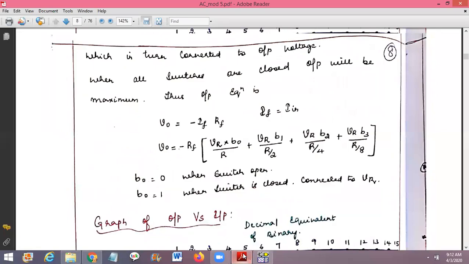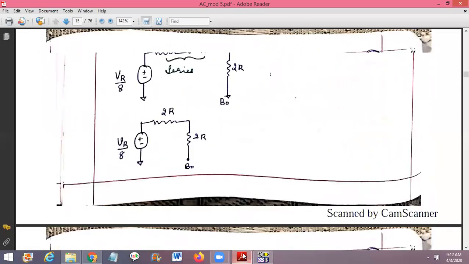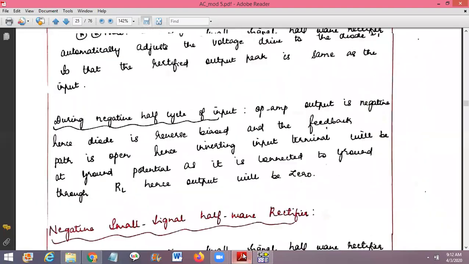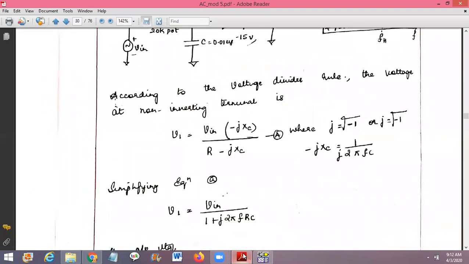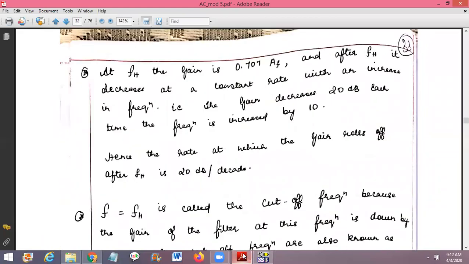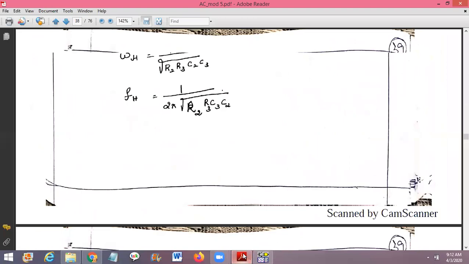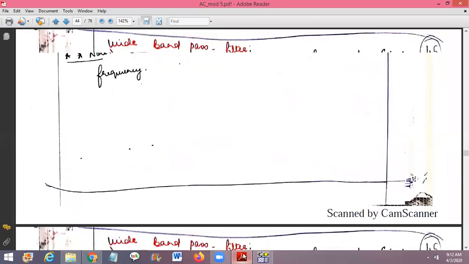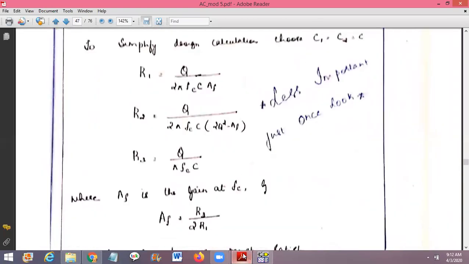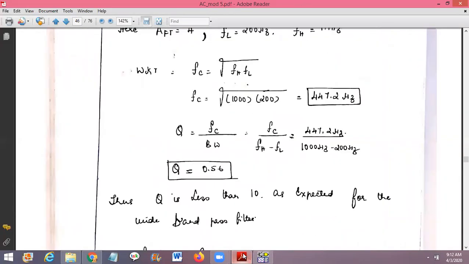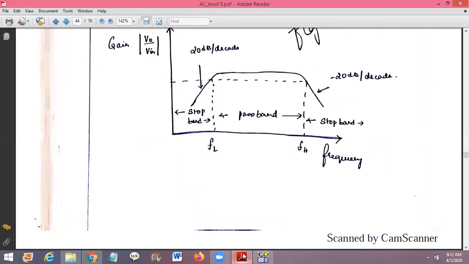The frequency response of this band reject filter is as shown in the figure. Before knowing that, you should keep in mind that we are combining two sections, that is high pass and low pass. So the frequency response will also be combined. While drawing the frequency response, you have to keep in mind the frequency response of the high pass filter and the frequency response of the low pass filter, and then finally draw the combined frequency response.